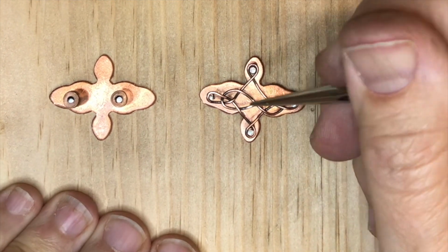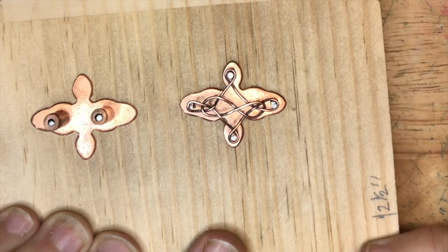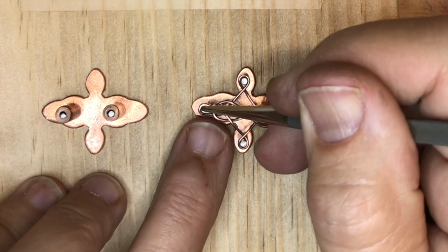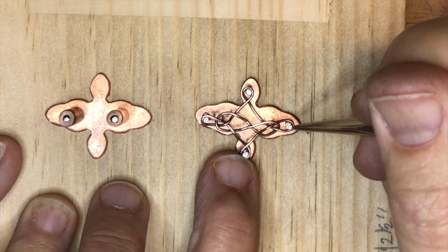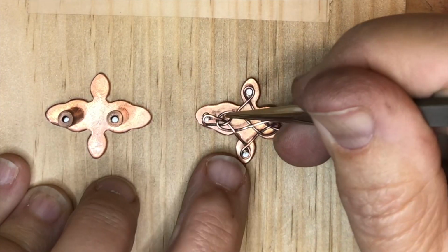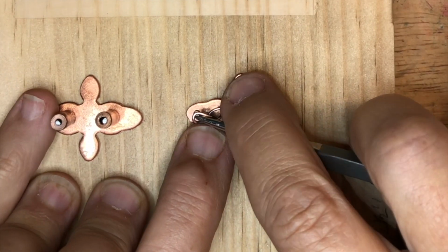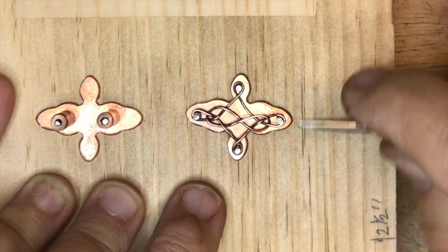I took this out of the pickle just a little bit early because I'm impatient to finish. So it still has some darkness to it. I am mounting it back on the jig for final adjustments, and I'm hoping this will go smoothly because it's been annealed a couple of times now. There we go. All right,